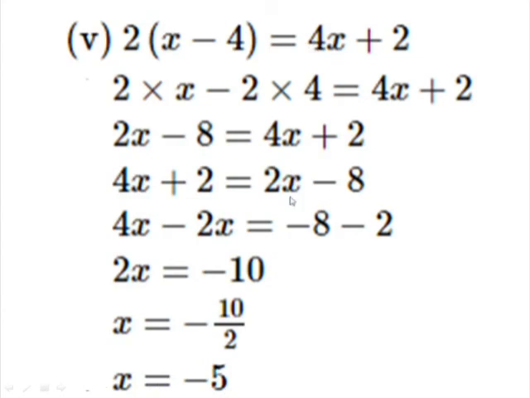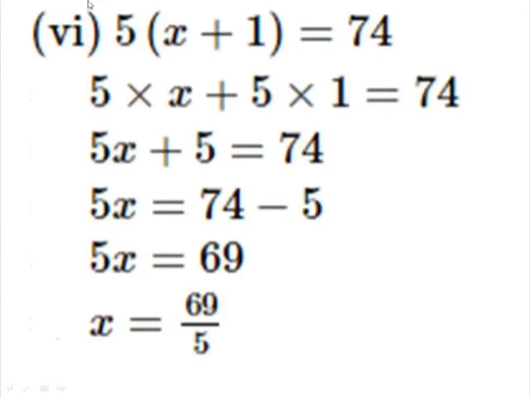We can solve the same equation in a different way. That is, here 2 is given outside the bracket, 2 bracket x minus 4. Also if you see the right hand side 4x plus 2, you can take 2 common. So here if you take 2 common, you will get x plus 1. Now the 2 can be cancelled from both the sides, or in various ways you can solve the same equation. Also you can solve the equation without interchanging left hand side and right hand side. So children, the same equation can be solved in different ways. One of the ways we have done here.